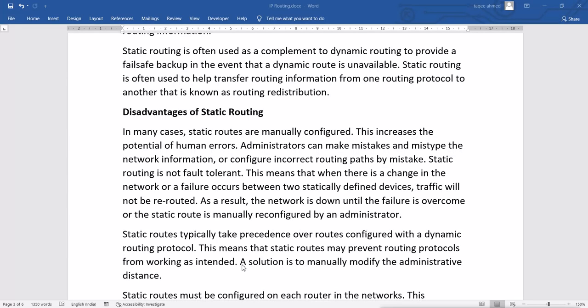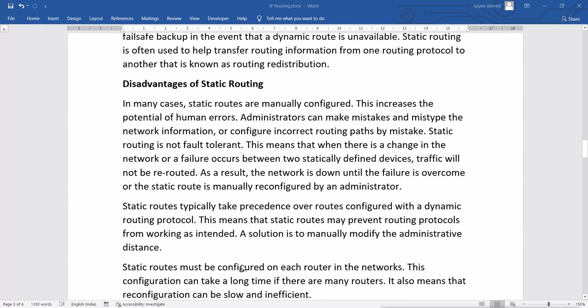Now remember the administrative distance we have talked about. These are the default values which are defined, which say something about the reliability of the network. So if we configure the static route and we have also configured dynamic routing, then the static route will take precedence and it will not work as you thought it would, because the administrative distance value of static routing is less than any other routing protocol. If you remember, and how it is done, like